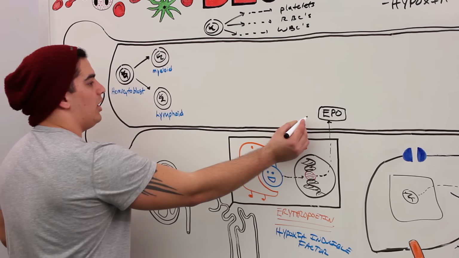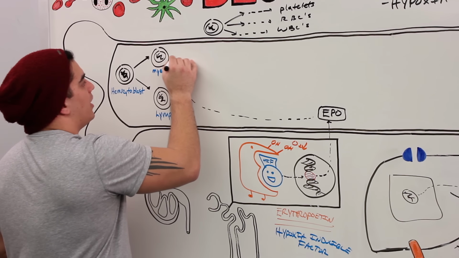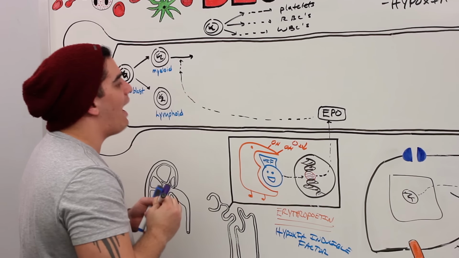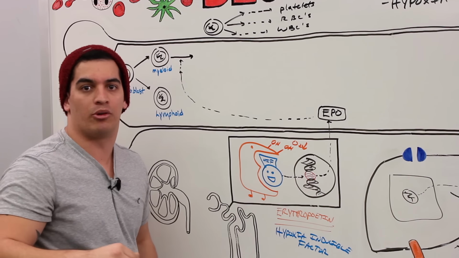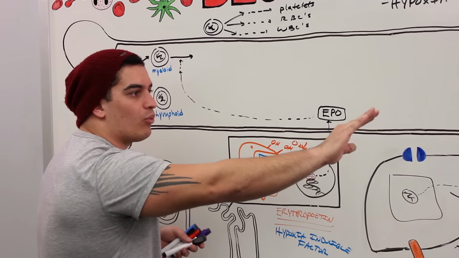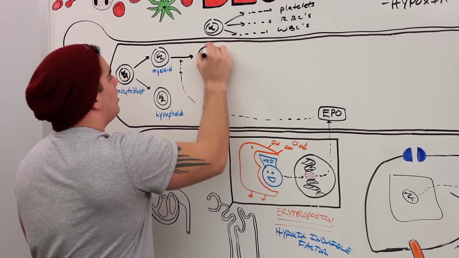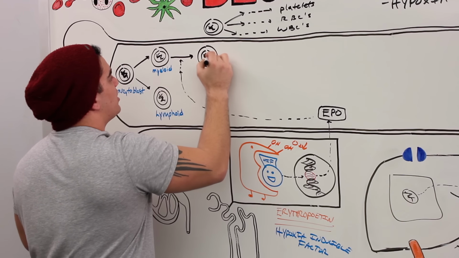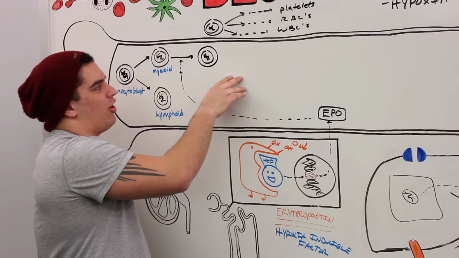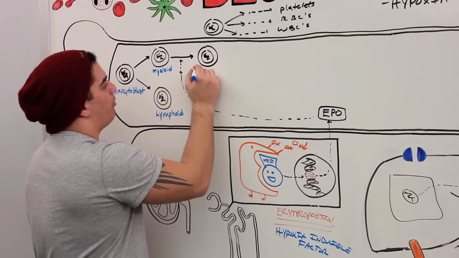So now look, this EPO, where's it going? It's going to come over here, and it's going to drive this step here. Now, this myeloid stem cell, its genes will be activated to start synthesizing hemoglobin, right? So this cell is now genetically pre-programmed for entire red blood cell production. So now, let's go over this now. Look at this. This myeloid stem cell, now we're going to be becoming a specific type of cell. So you know whenever you go into these cell lineages, they always start off with a pro, right? So you always got to start off with a pro. So we're going to put this one is called a